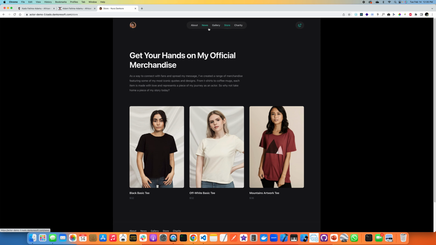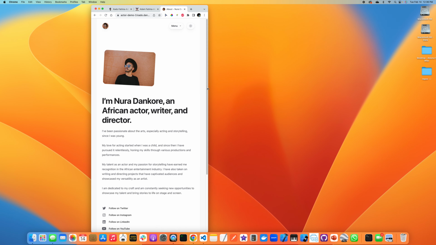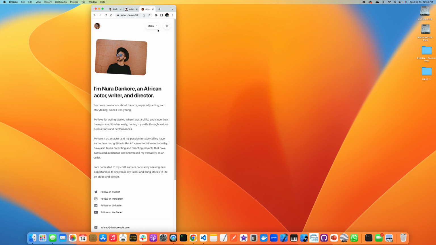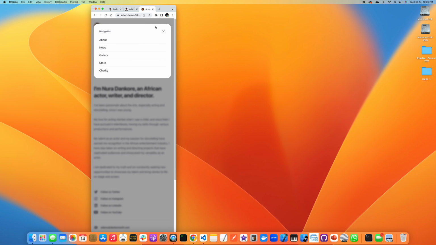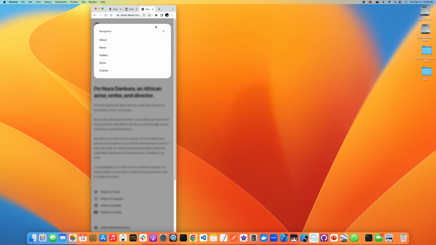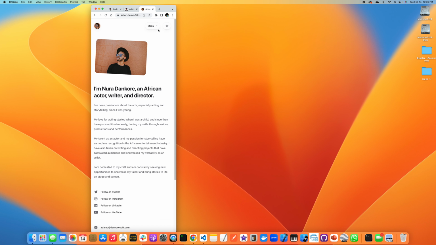All right, I'm going to turn it back to light mode, and let's demonstrate the responsiveness of the website. As you can see, nothing is lost. Everything is there. And look at that. We have the navigation here. We have everything and where we are at, about.